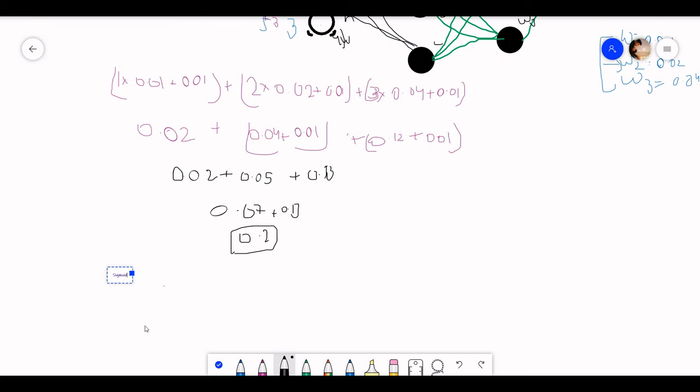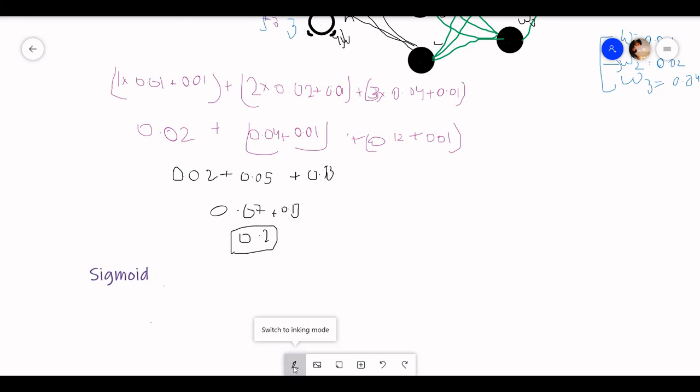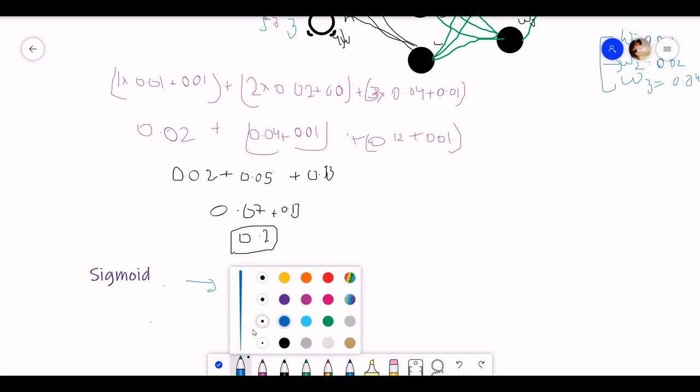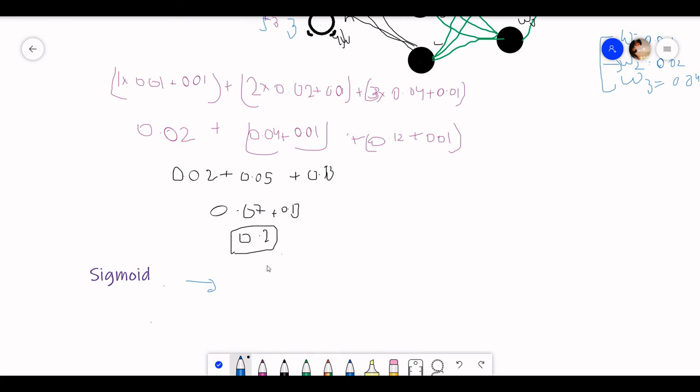Suppose it is a binary classification problem like 0 and 1. Then we can apply the sigmoid activation function, whose formula is 1 upon 1 plus e to the power minus y.